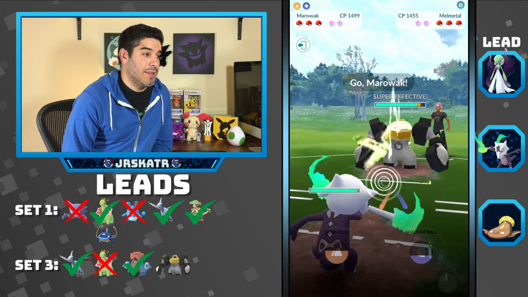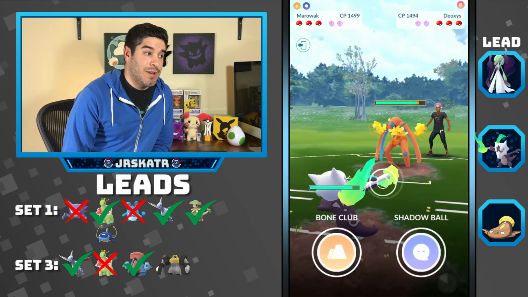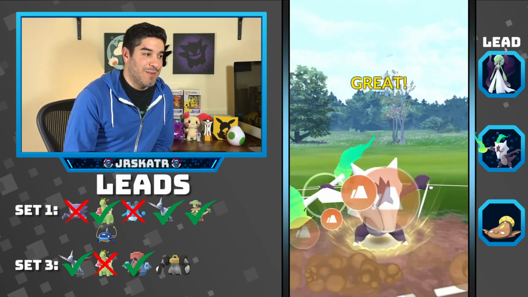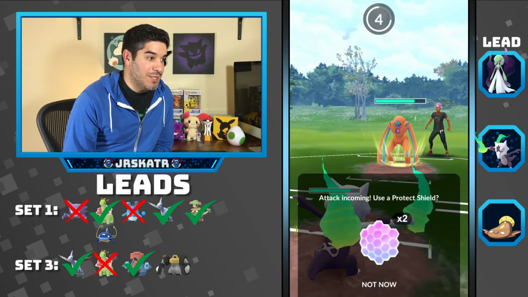And we go into Marowak. And they switch out into Deoxys. So here I'm going for the Shield Bait, because I definitely have both of them charged. So I go for the Shield Bait, and we're successful. We land the Shield Bait, that's perfect. We get their shield,